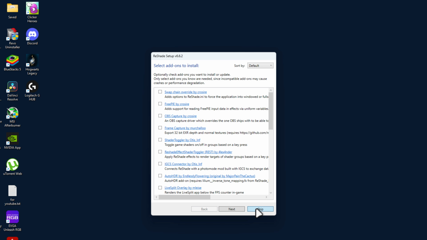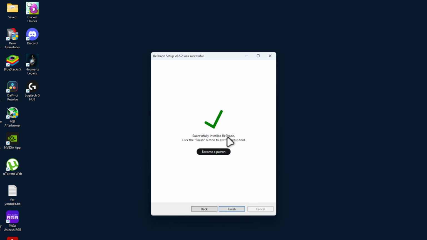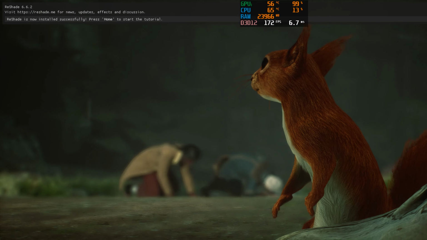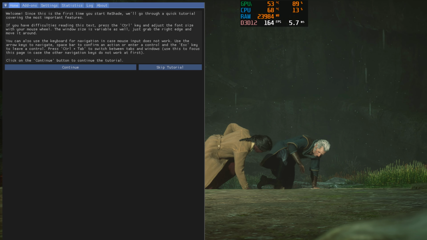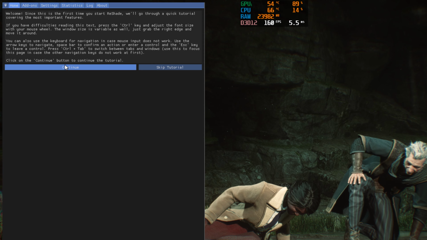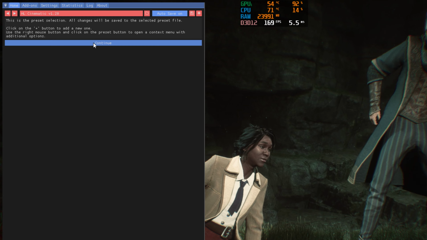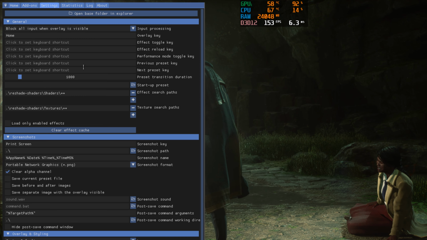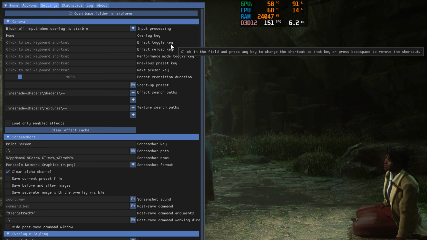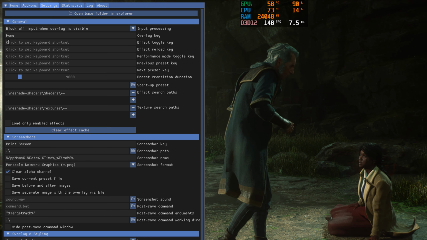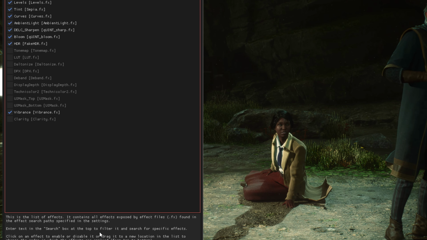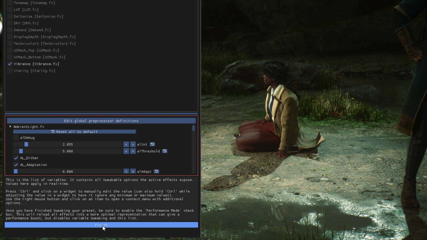Select here skip option and successfully install Reshade. Select the finish and launch the game. After you are in game, just press the home key to open this panel and select the continue option and select the again continue option and go to settings tab and effect toggle key, set a key you like. I'm gonna set it to 1 and after that go to home and select continue option and select finish and